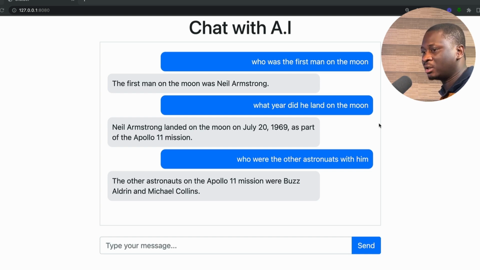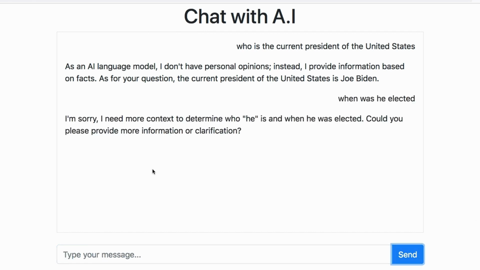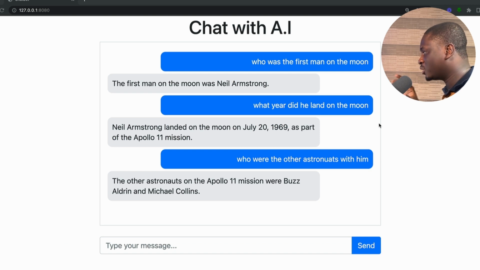I noticed that I lost context after the first question, because then I was trying to ask it who was the US president. So I said something like, okay, who's the US president? And it gave me the reply, okay, the US president is Joe Biden. But then I replied, what year was he elected? And the application was asking me who he was. It doesn't have enough context to know who the "he" I was referring to was. So there's a bit of a context problem with the application. So I had to dig more into the OpenAI API and understand the fact that